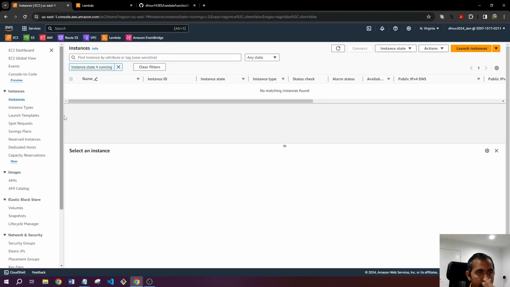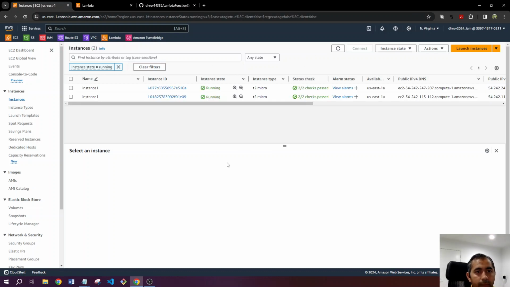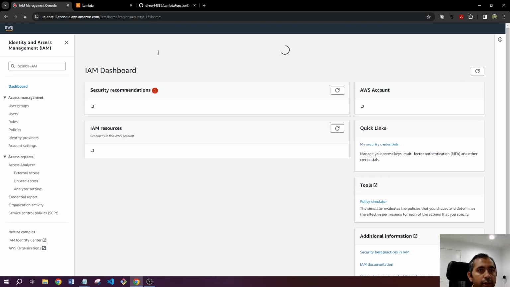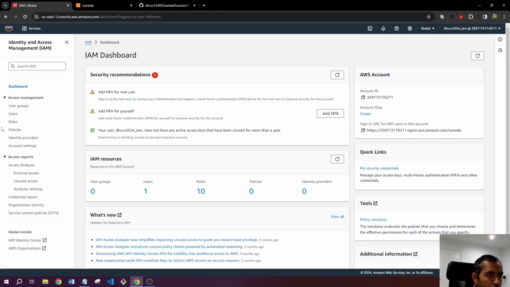Let me show you first of all that I already have two instances running, and I will stop these two instances with the first Lambda function that I will create. So to create a Lambda function, what I will do first, I will go to IAM. I will create first of all a policy to attach to the Lambda role. So I will create a policy,